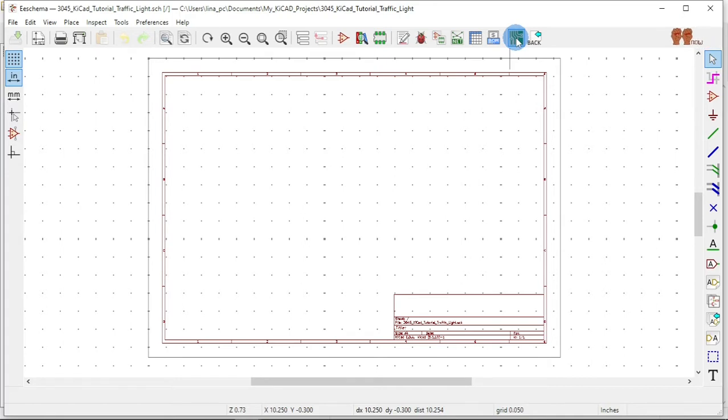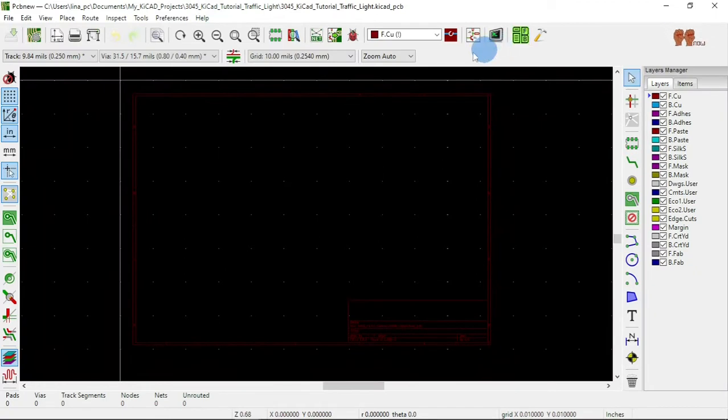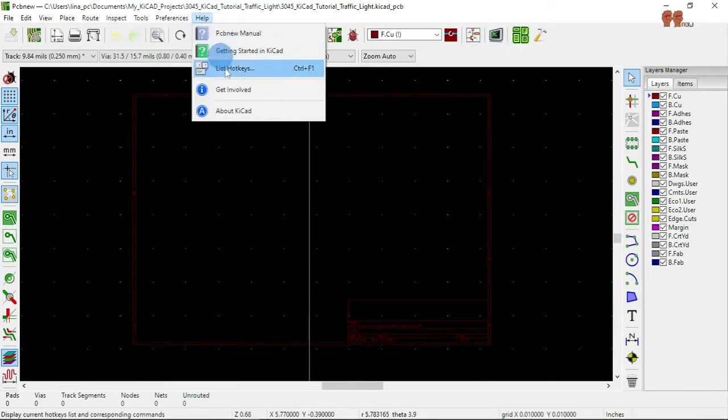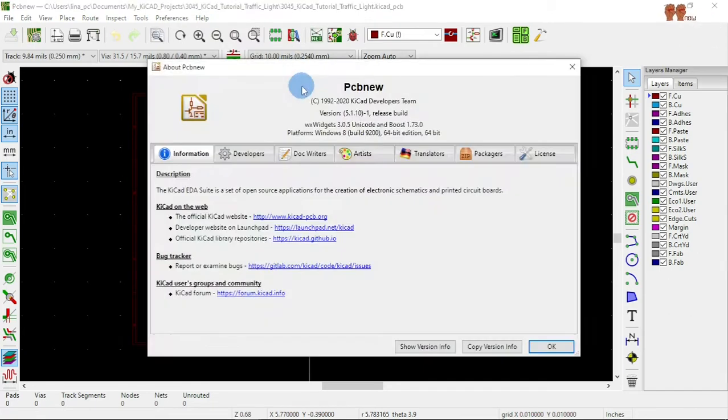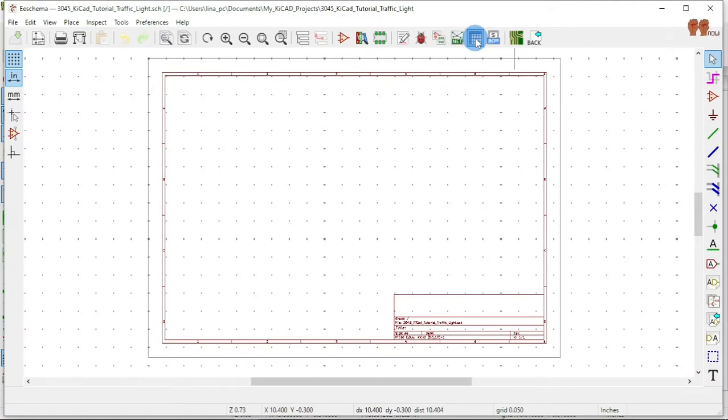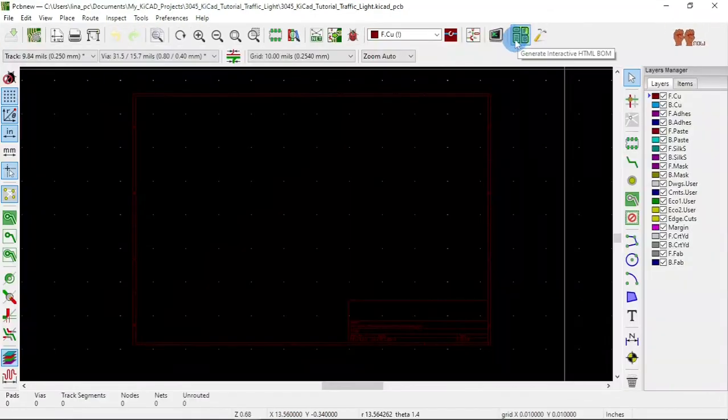To switch between the applications, you click this button here, and that will bring up the other piece of the software. It's two pieces. This is the PCB editor, see? Okay, and then to go back,